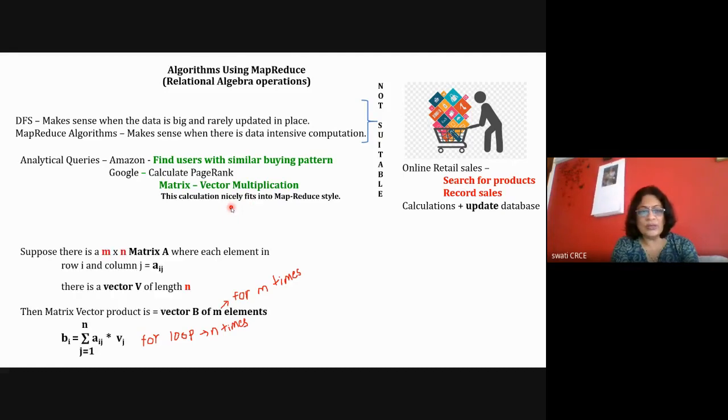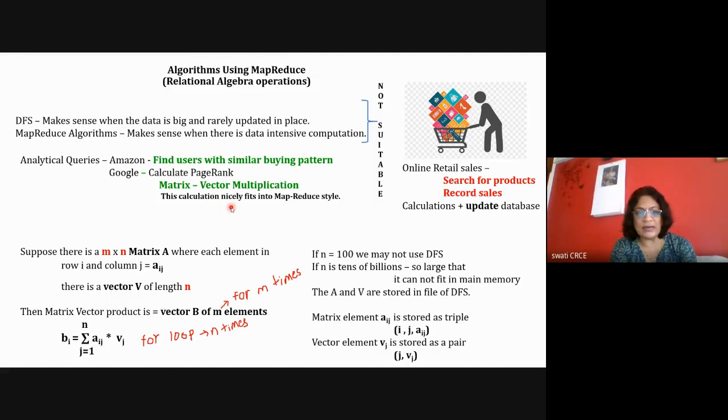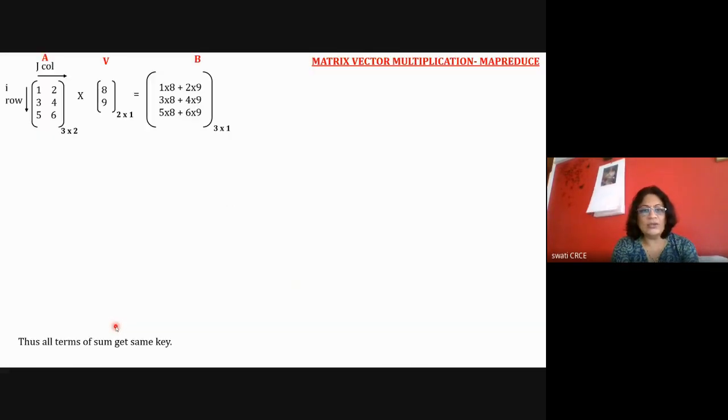So in matrix vector multiplication, we'll go through it quickly to revise what is mapper, shuffler, and reducer. As I told you, in matrix vector multiplication, you will have a vector with two rows and one column, and your matrix is having three rows and two columns. Here this j is common, and you get a 3 by 1 vector, meaning three rows and one column. The matrix vector multiplication answer is always a vector, because each row indicates the relevance of a particular page in the page ranking algorithm.